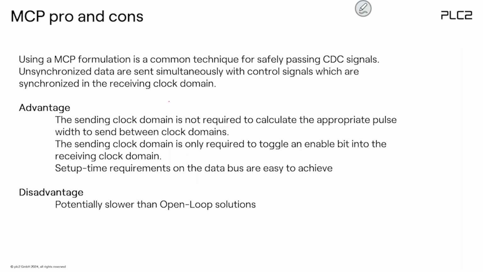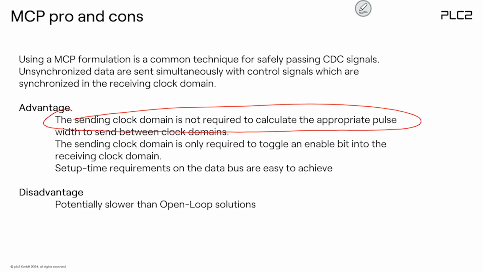So in the multi-cycle, there are again advantages and disadvantages. Advantage, of course, is the sending clock domain simply doesn't care about any rules, 3H or 2H, whatever. Just send it and wait for the feedback. That's a definite advantage, and it's always very, very safe. The disadvantage, of course, is that it's maybe the slowest method to do the communication